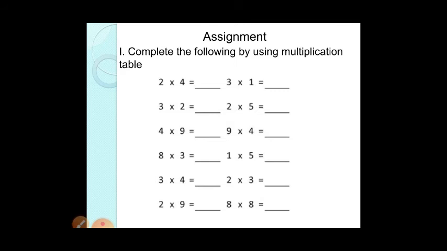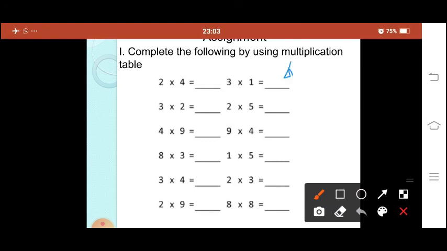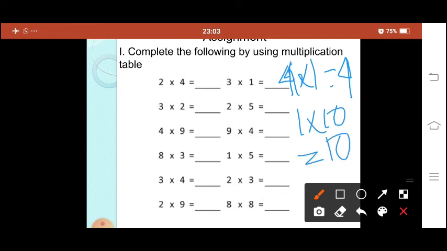Okay, so before doing this one, another thing I just want to inform you that when we are doing the multiplication, it has some rules. So first rule is, if we multiply 1 with any number, we will get the number itself. So if we multiply 4 into 1, already you know, 4 ones are 4. Okay, so 1 into 10, it will be 10. So if we multiply 1 with any number, we will get the number itself.